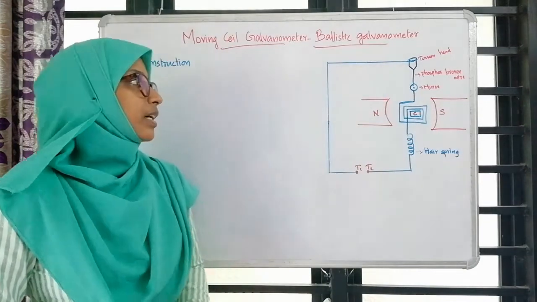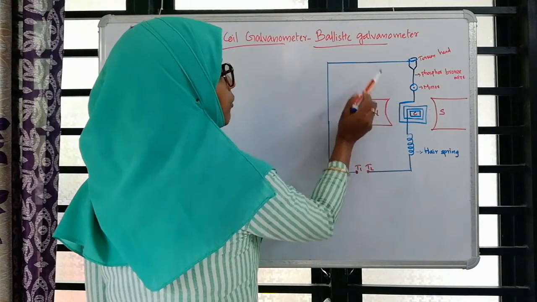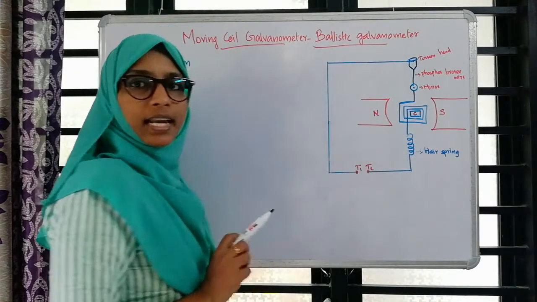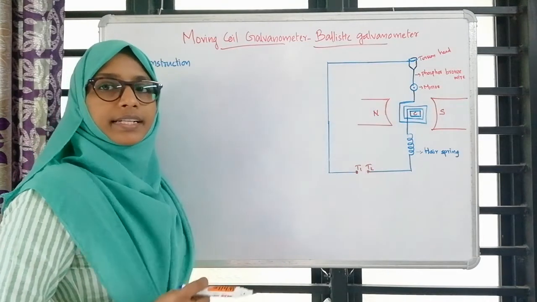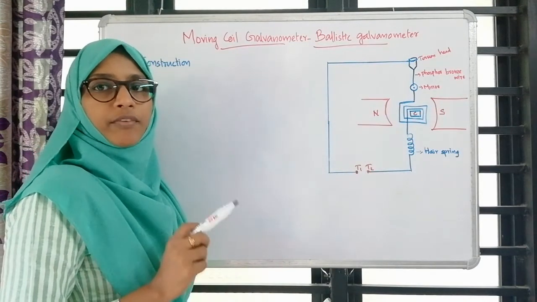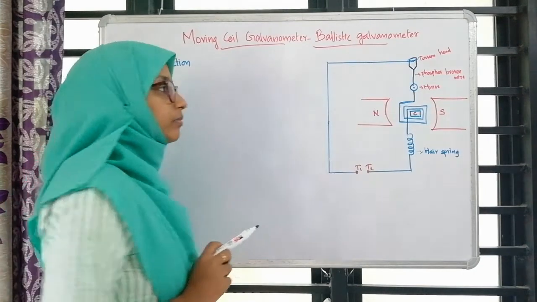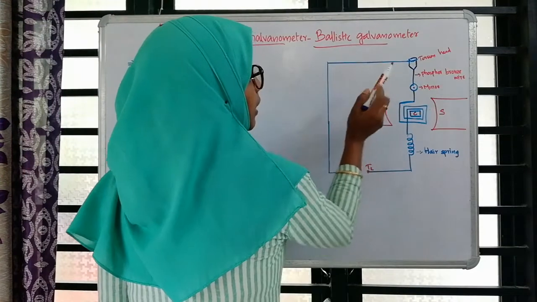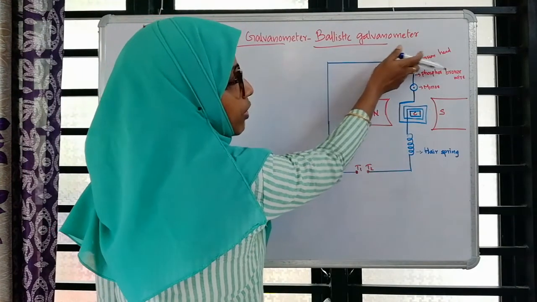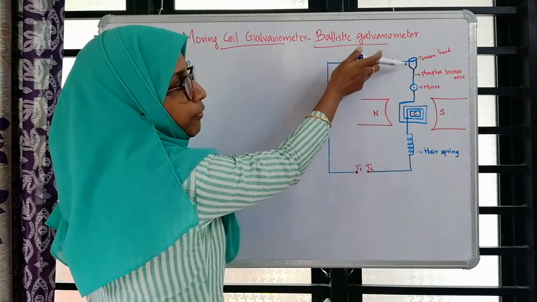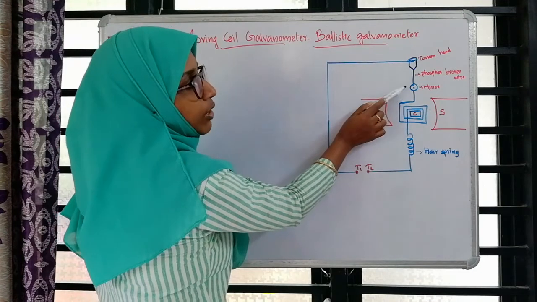It consists of a rectangular thin copper wire wound on a non-metallic frame of ivory, and it is suspended with the help of a phosphor bronze wire, and on that wire a small circular mirror is